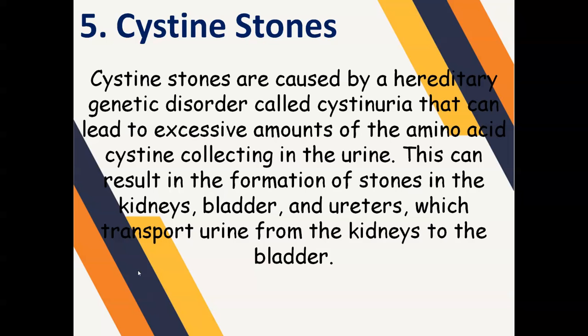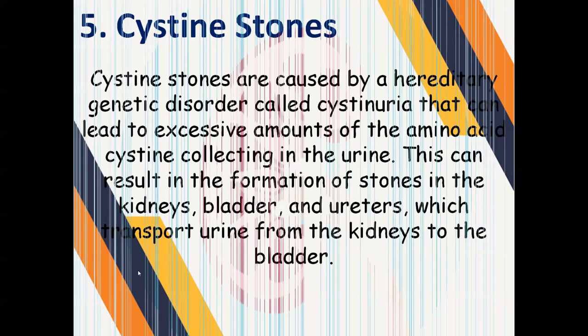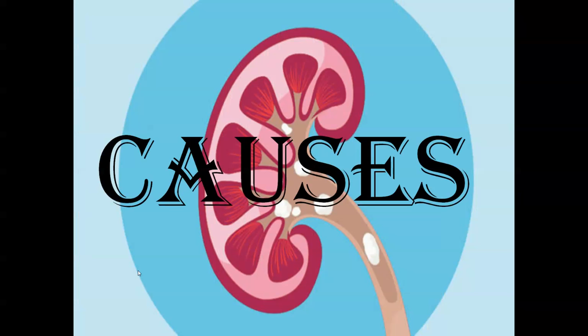So cystinuria can lead to excessive amounts of the amino acid cystine collecting in the urine. This can result in the formation of stones in the kidneys, bladder, and ureters, which transport urine from the kidneys to the bladder. Okay, so now we'll get to the causes of